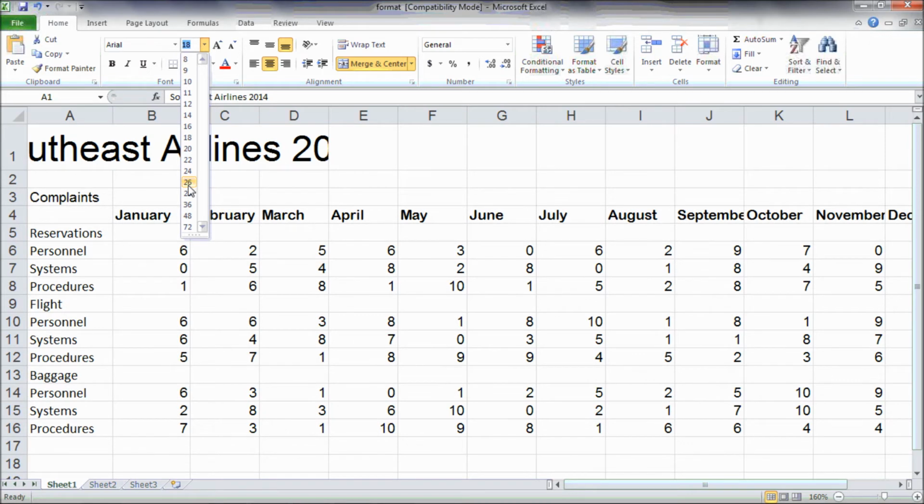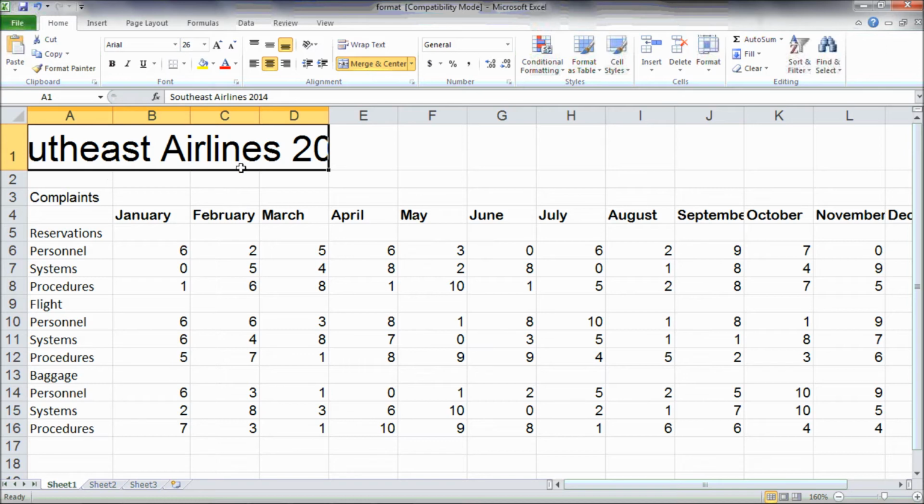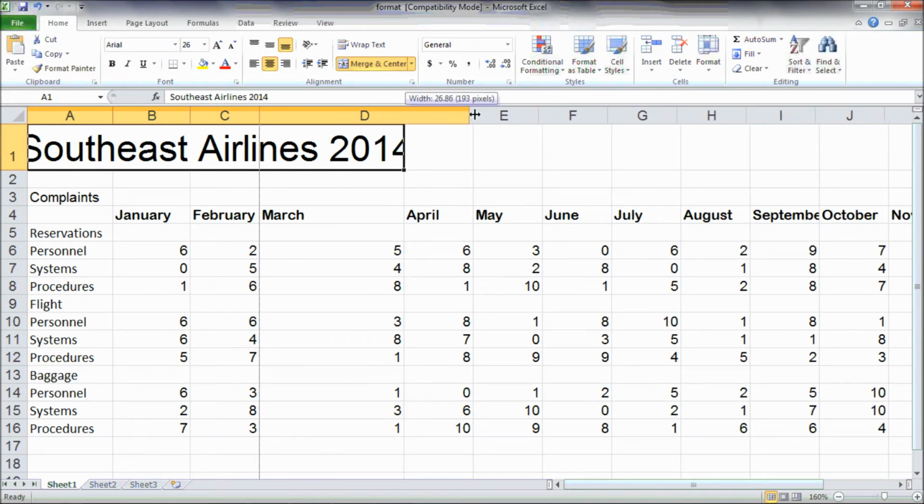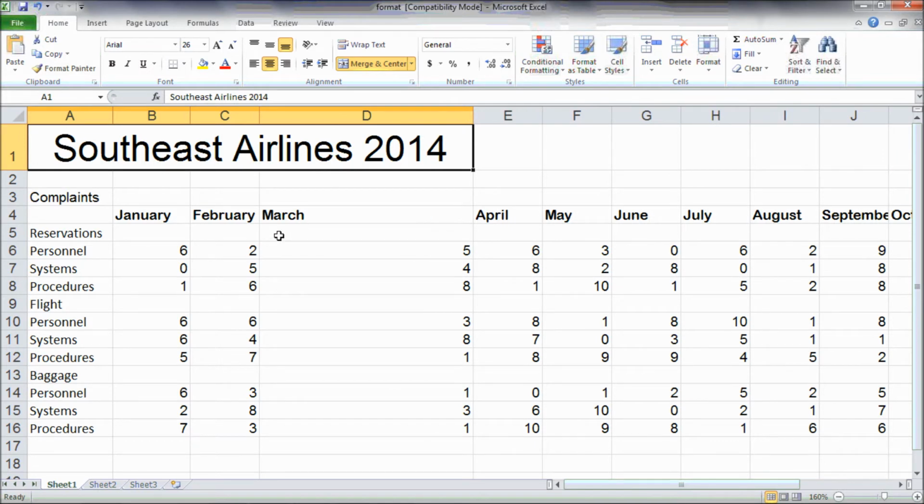For example, I am going to use 26. Since the Southeast Airlines data cannot be seen completely in our worksheet, we will try to change the width of the column so that you can show the Southeast Airlines